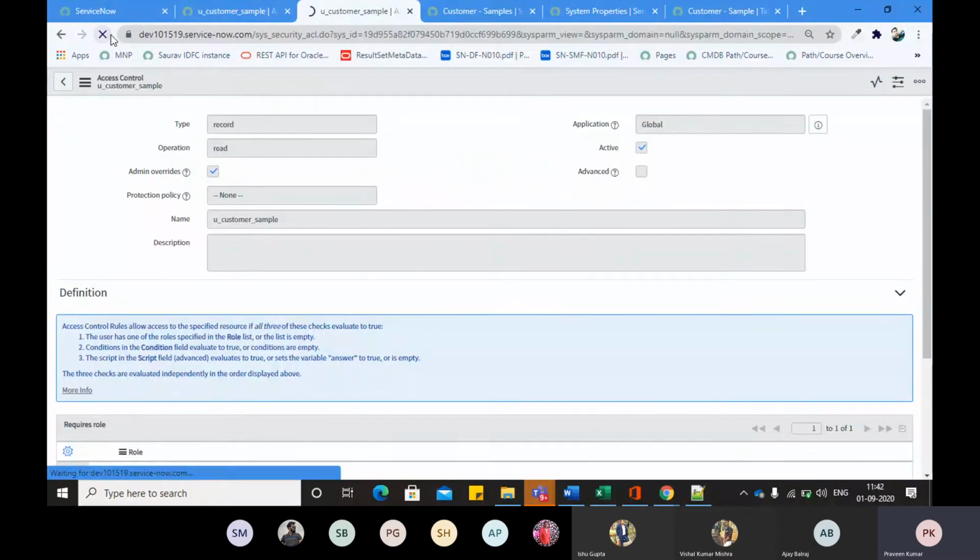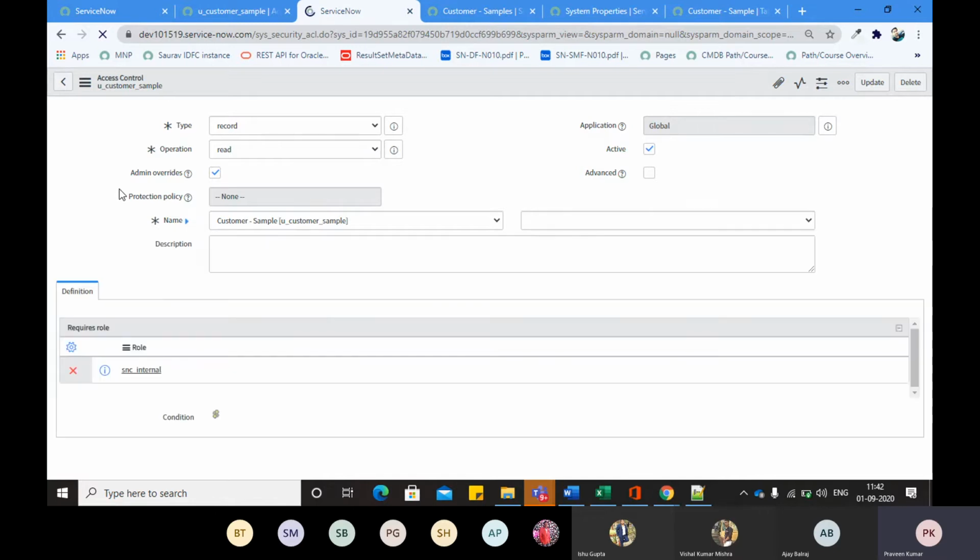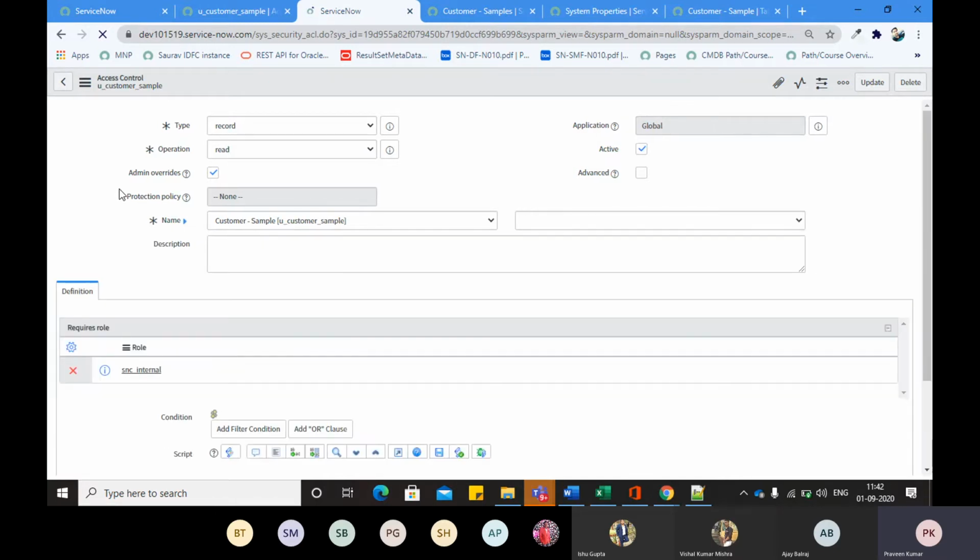Okay, so now we will give a creation access on the table, so table level creation access. Each and everything would be similar, we will just change the operation.